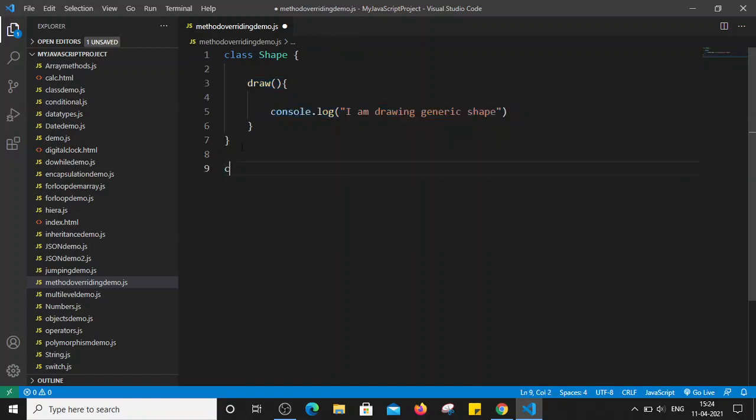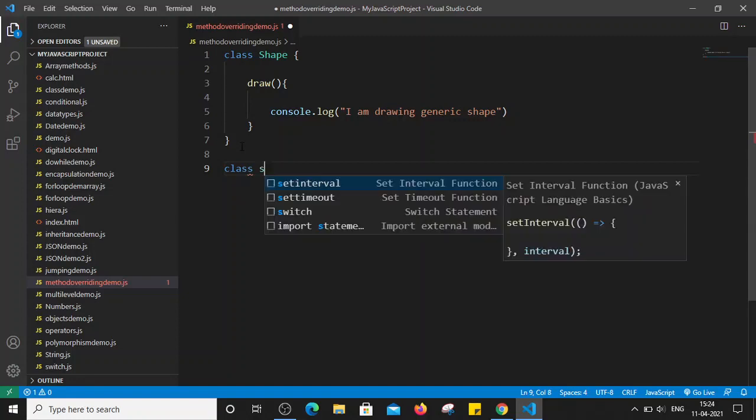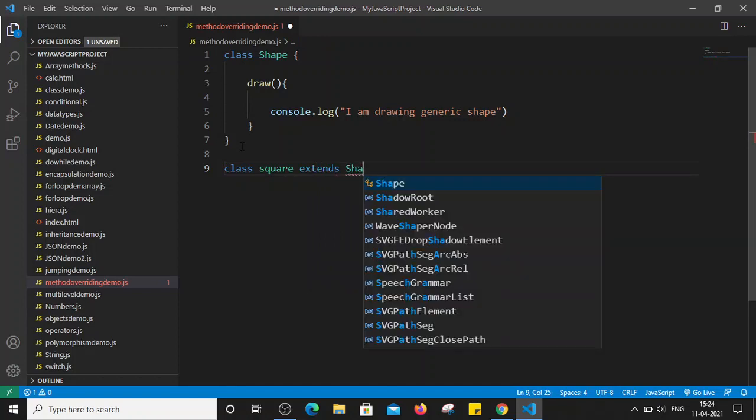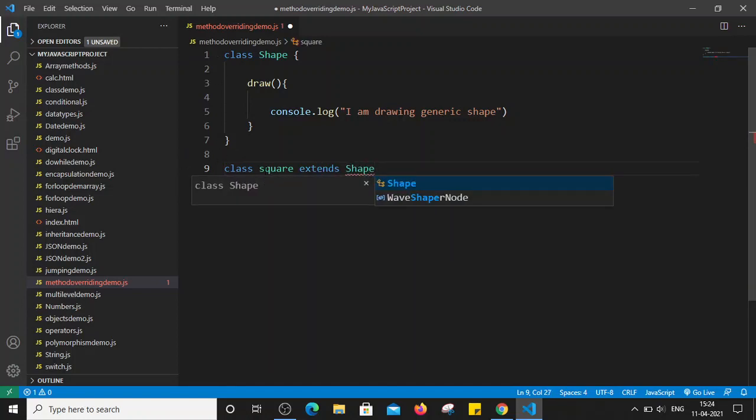Now I'm going to create one child class of the shape class. Let's say class square, which extends the shape class. So here class square is extending the shape class.